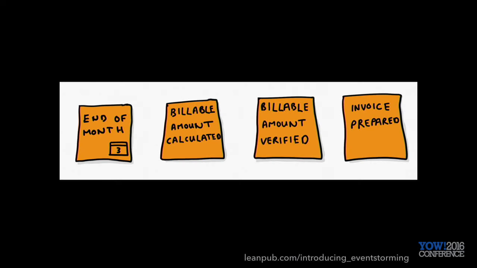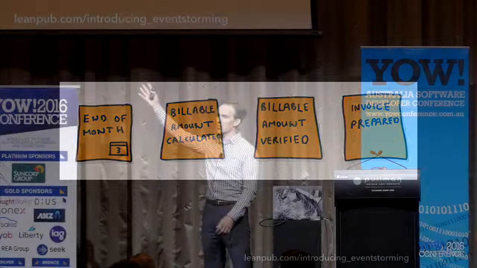And then we put them on orange stickies. So here's a simple example. We've got a sticky that represents an event, a time-based event, so end of month, right? And then we have billable amount calculated, which is something that happens at the end of the month. And then we want to verify the billable amount, so we have a billable amount verified event. And then finally, assuming those things go well, we have an invoice prepared, okay? So the idea is that we place these events chronologically from the earliest one to the latest one on some